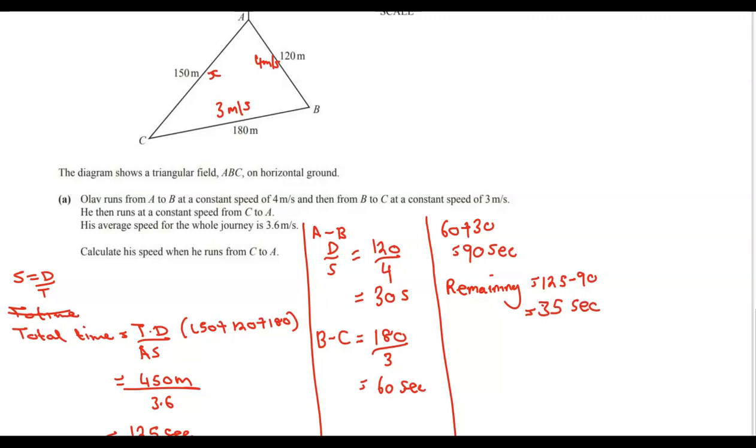So this is the time taken from C to A. So the speed from C to A will be distance over time. That distance is 150 meters, and that time is 35 seconds. So if you divide 150 by 35